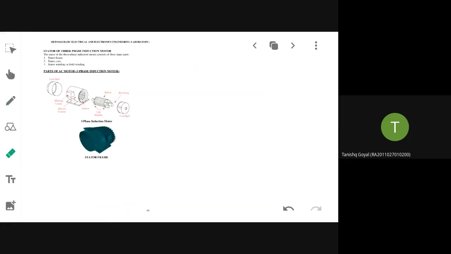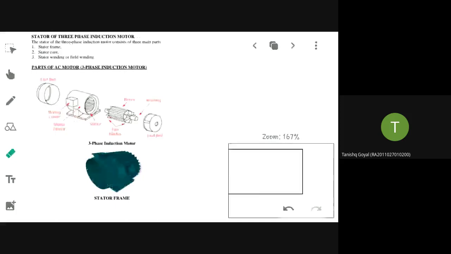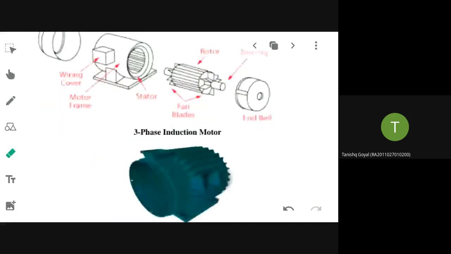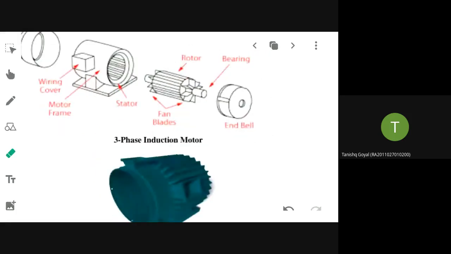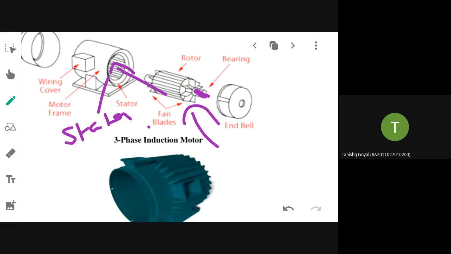Now this is all about the two types of three-phase induction motor. Now we'll discuss the constructional details with the help of a diagram. So what type is this? Tell me. Squirrel cage or slip ring? Squirrel cage. Okay, so here you will be having a shaft. You will insert this into the stator here. This is your stator part.